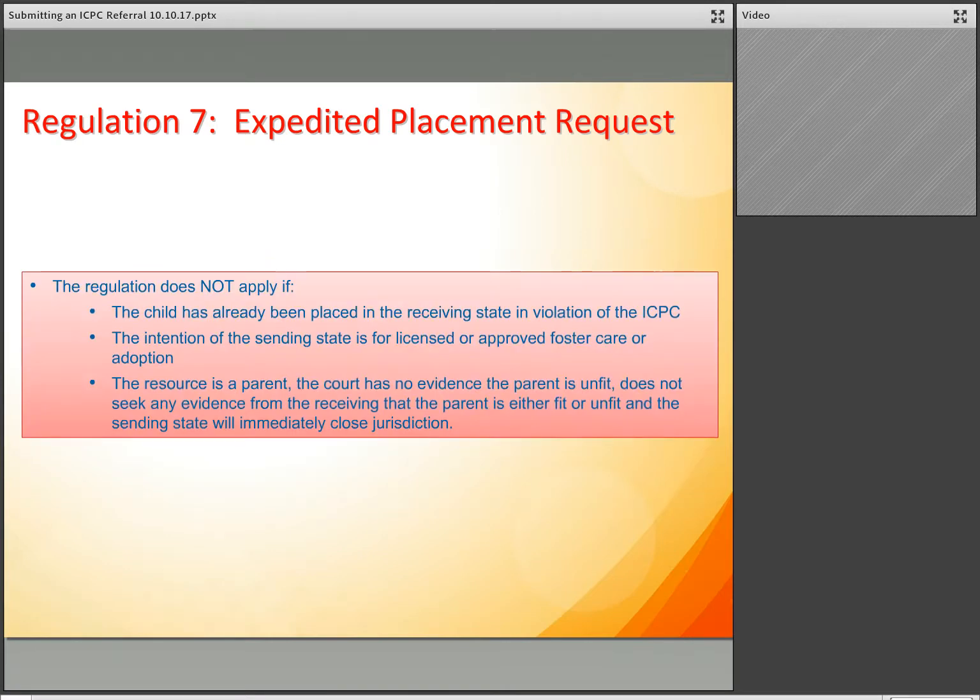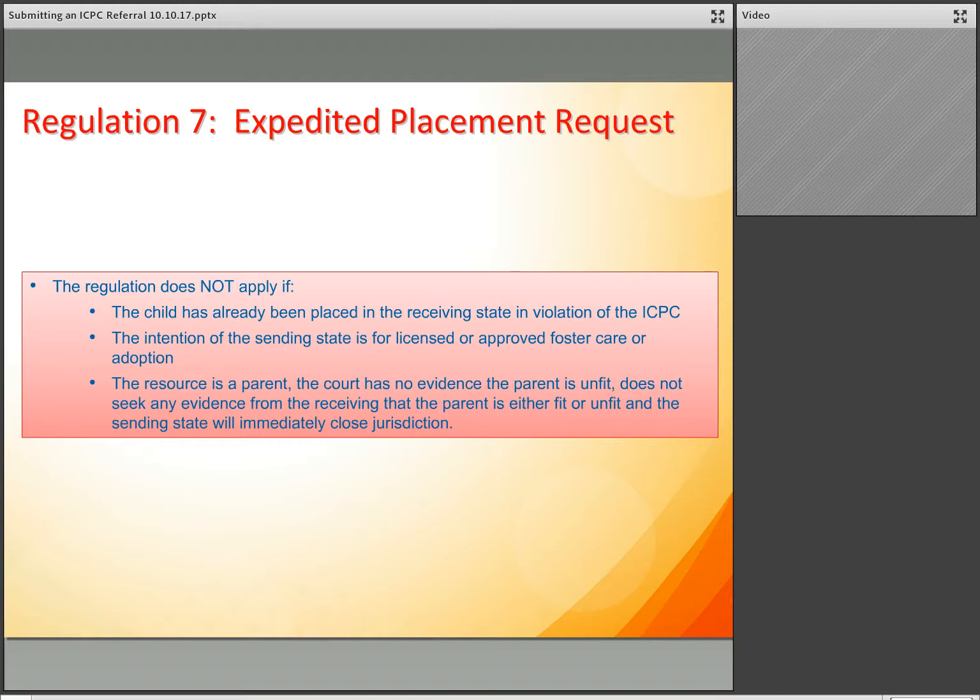Please be aware that this regulation will not apply if the child has already been placed in the receiving state in violation of the ICPC, if the intention of Wisconsin is that in the receiving state, the resource will immediately be licensed or approved for foster care or adoption.